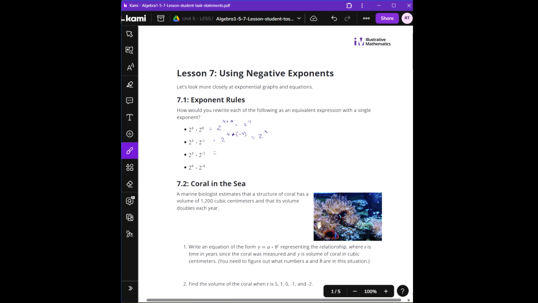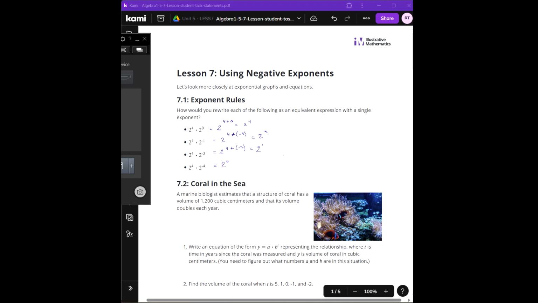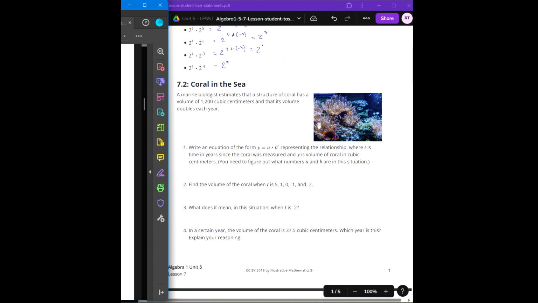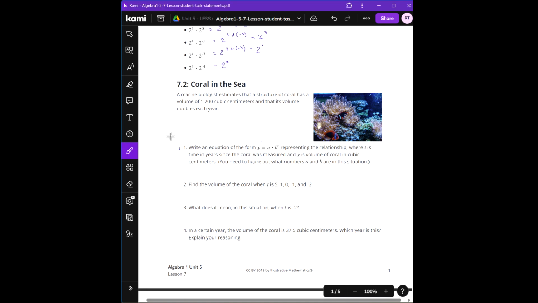The next one is 2 to the 4th plus a negative 3, which is going to equal 2 to the 1st. Okay, and then the next one is going to be 2 to the 0 power. Okay, so for the next one, we see that